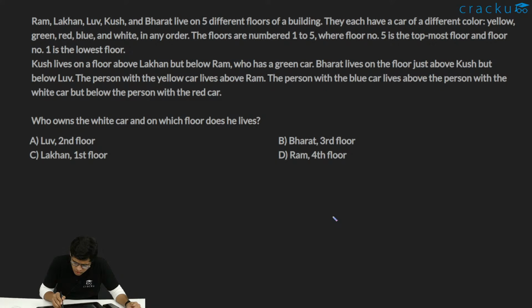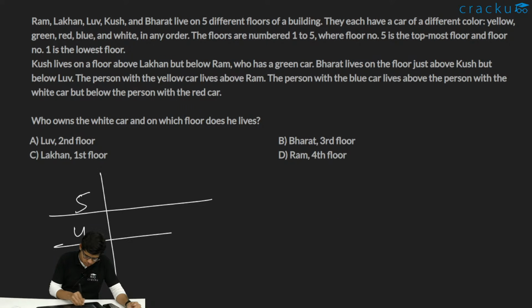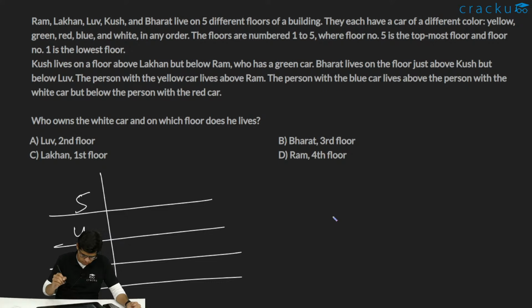They each have a car of a different color: yellow, green, red, blue, and white in any order. The floors are numbered 1 to 5, where floor number 5 is the topmost floor, means the order is like 5, 4, 3, 2, 1. Floor number 1 is the lowest. Kush lives on a floor above Lakhan but below Ram. So the first condition is Kush lives on a floor above Lakhan